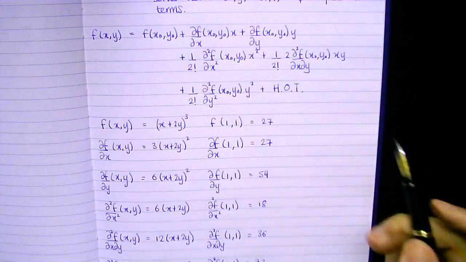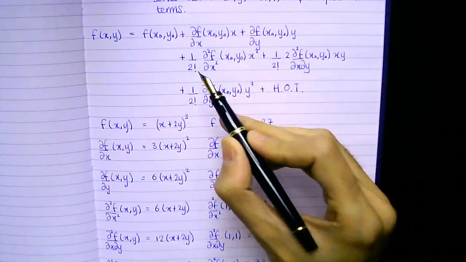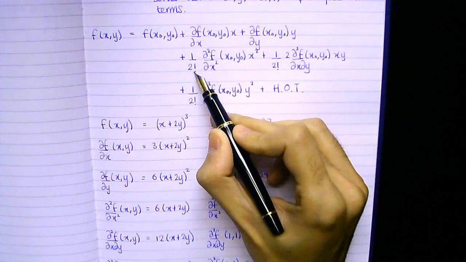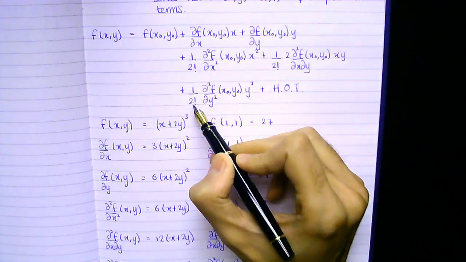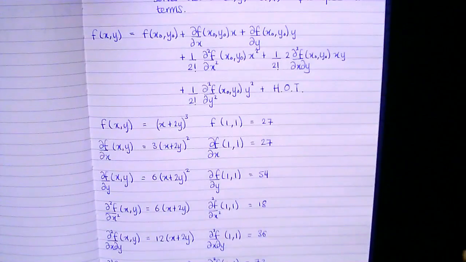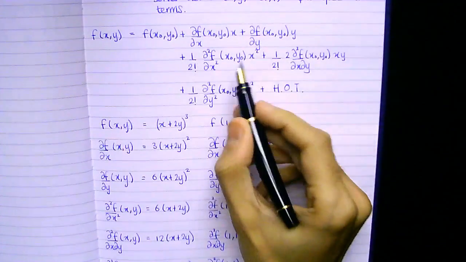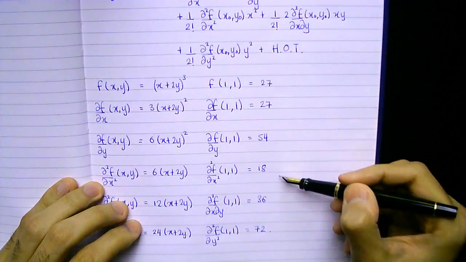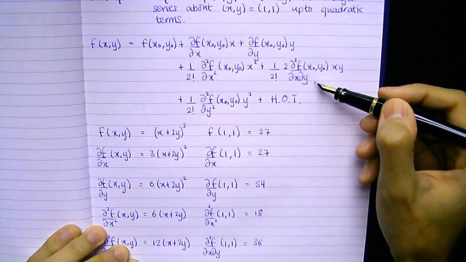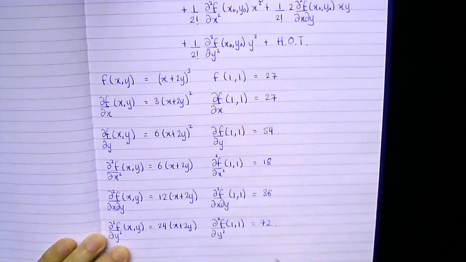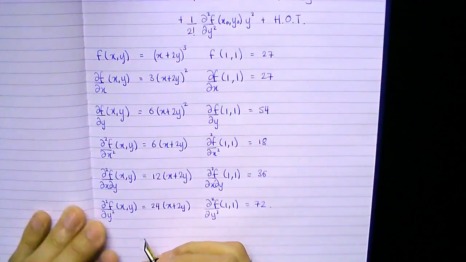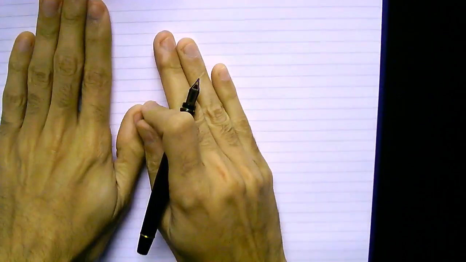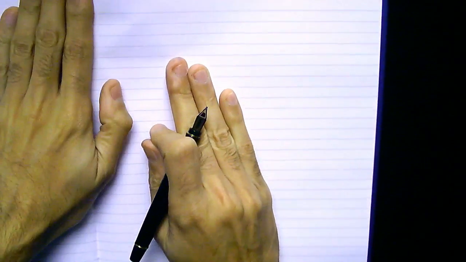I just need to be careful and make sure that this one will cancel, and these ones are divided by 2. So this is divided by 2, this is divided by 2, since 2 factorial is 2. So long as I make sure that these coefficients are taken care of, I just stick in all of these numbers into here. Okay, so what do I get? Go to a clean page. So in the end, I'll find